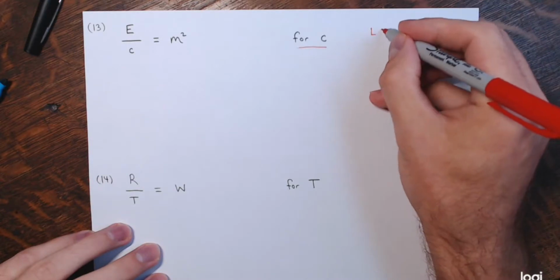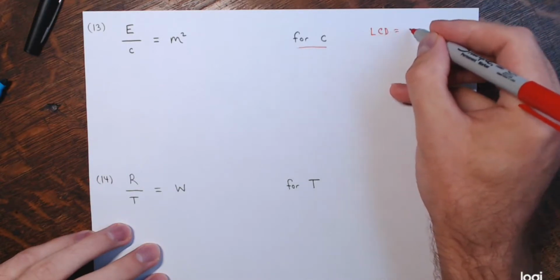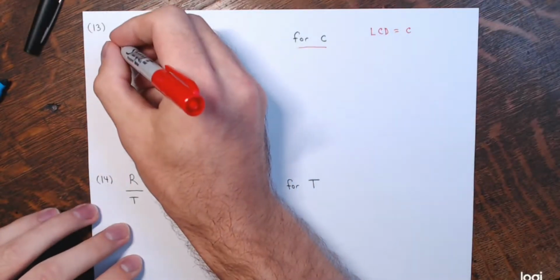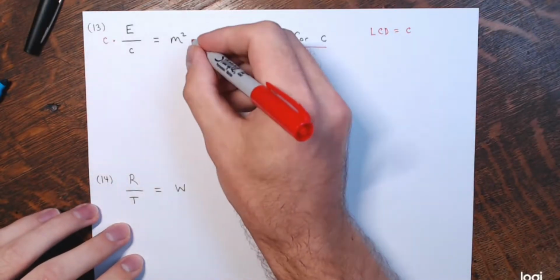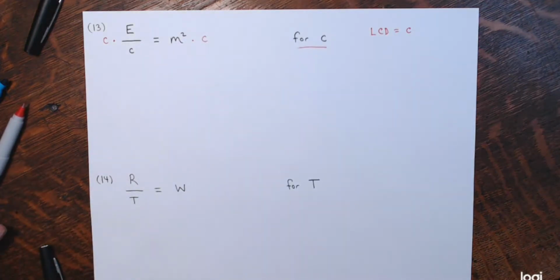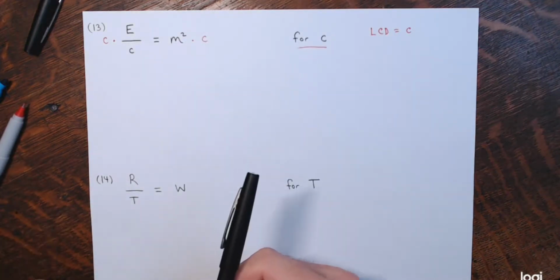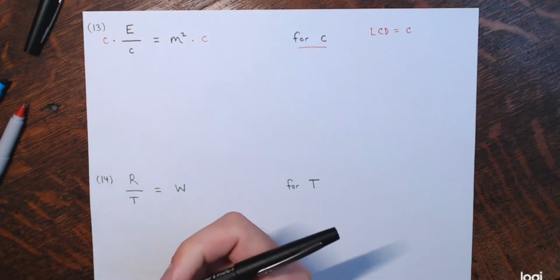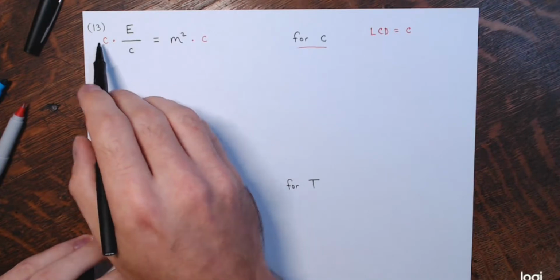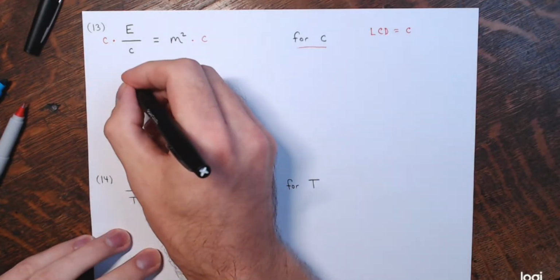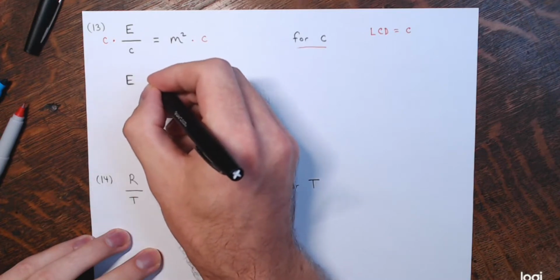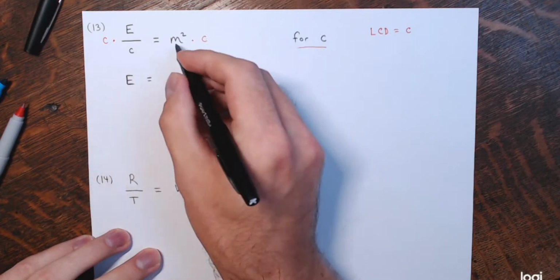Now here the LCD is just c, the only denominator that's showing up. So I'm multiplying the fraction on the left by c and multiplying the expression on the right by c. Left side, c's would cancel. I'd have e equals, and then the right side, m squared